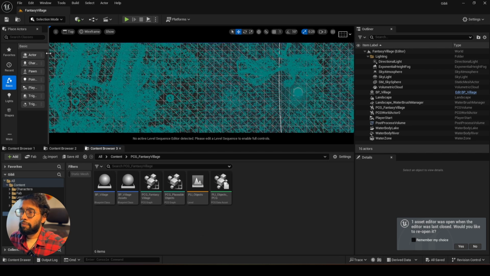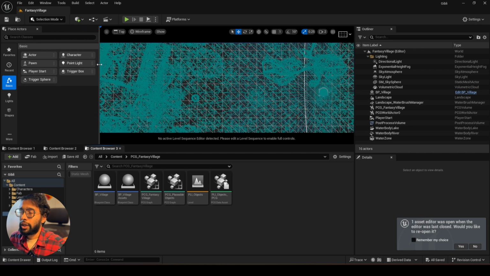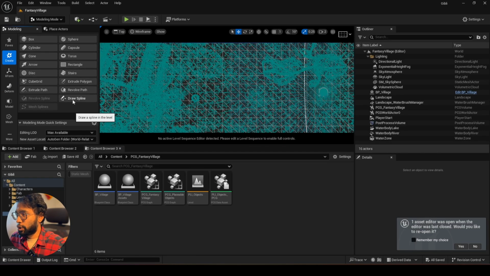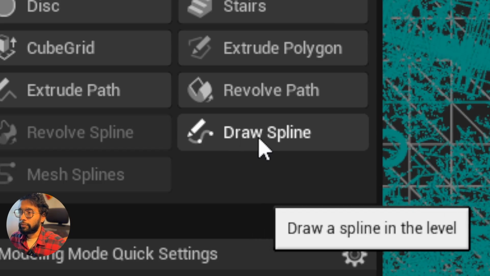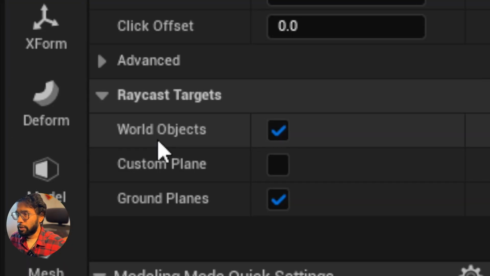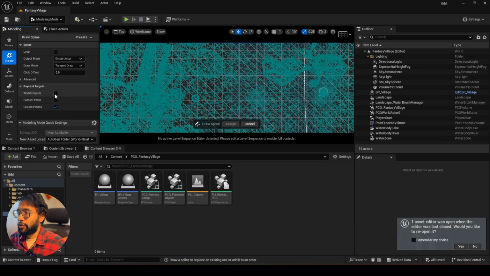and then from the selection mode right here, I'm going to select modeling this time. Now, with this modeling tool, click on the Draw Spline option, and then make sure that World Objects is turned off right here, and then just draw a spline with 1 or 2 points, or maybe actually three points here, something like that, and click on